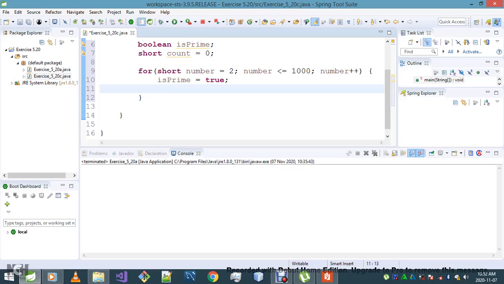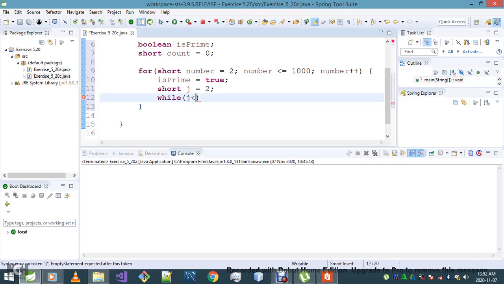So here's the deal. What I'll simply do is have another short variable. I'll call it j and initiate it to 2. Then I will use a while loop, which will simply check if j is less than or equal to